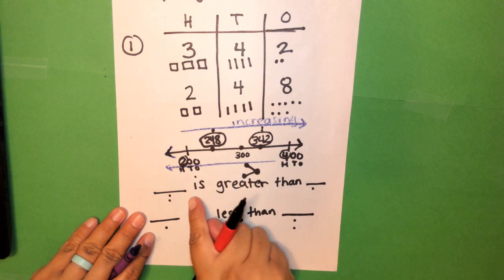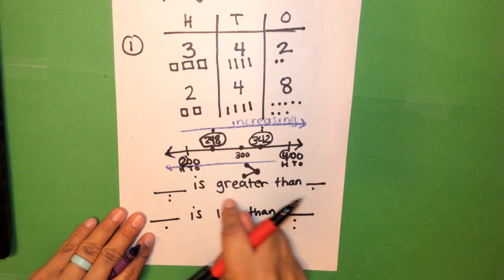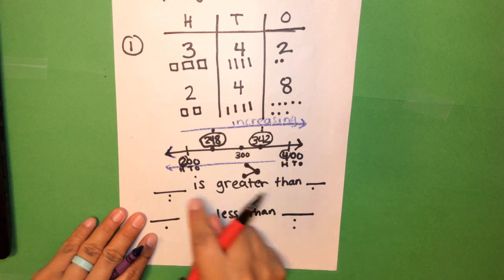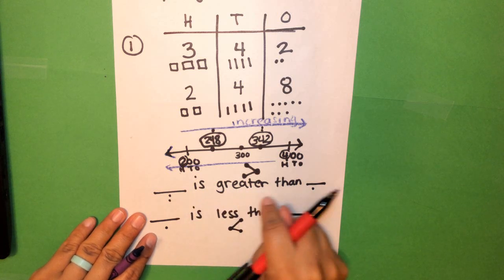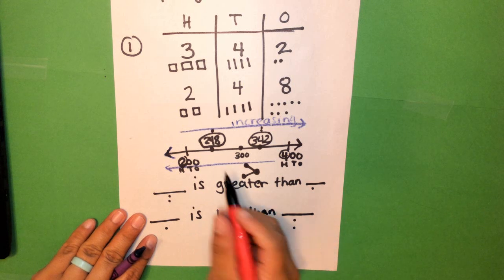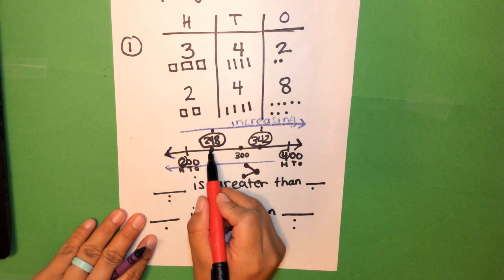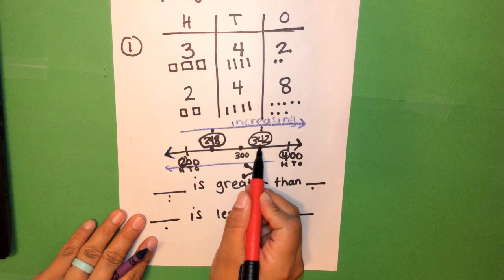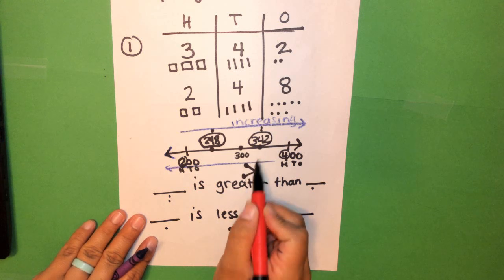Okay? So we're going to start with the first one. Blank is greater than blank. Please repeat it. Blank is greater than blank. What number is greater? If I look at my number line, I know 248 is smaller. 342 is bigger. Greater means bigger. So